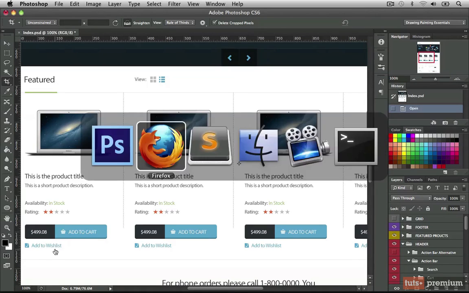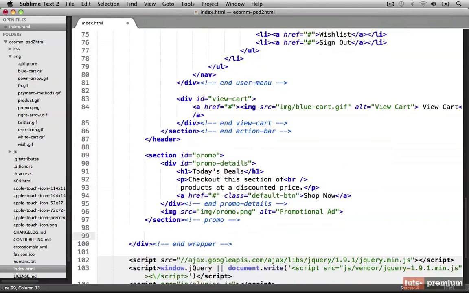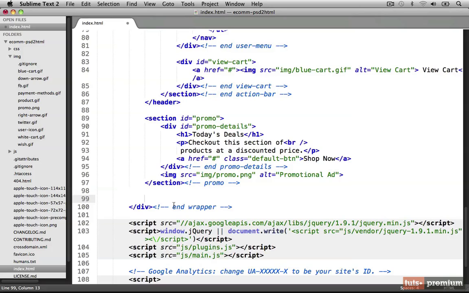So let's switch into our text editor. So outside of the promo div, yet still inside of our wrapper div, let's create a new section. I'm going to give this an ID of main-content, and this will hold an H2 heading, plus an HR tag to separate the heading from the products, plus a div tag with an ID of products, and that'll just hold